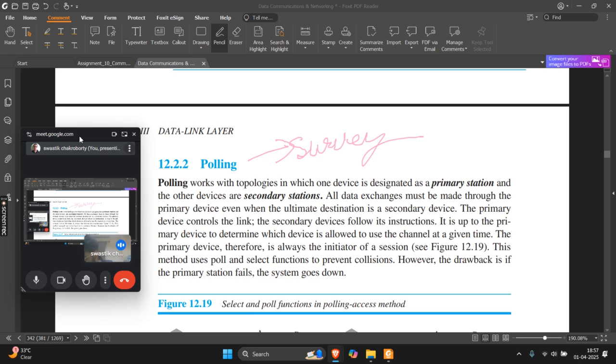So it will go around and politely ask everyone whether you have to transmit or not. If everyone says we do not have to transmit, only then it will transmit. But if there are 10 stations and everyone is asking everyone, it will create unnecessary chaos. So to avoid that precisely, what happens is